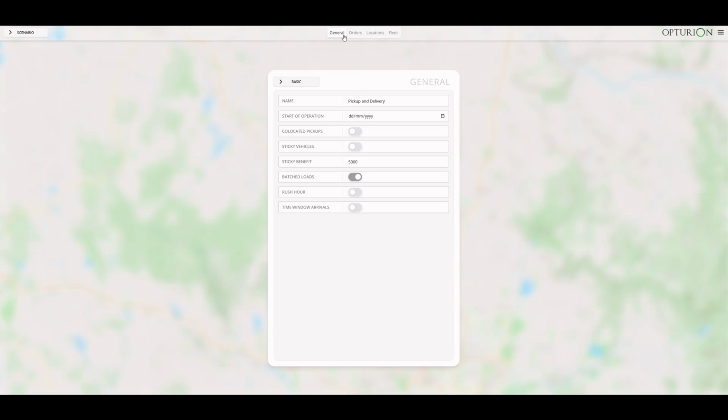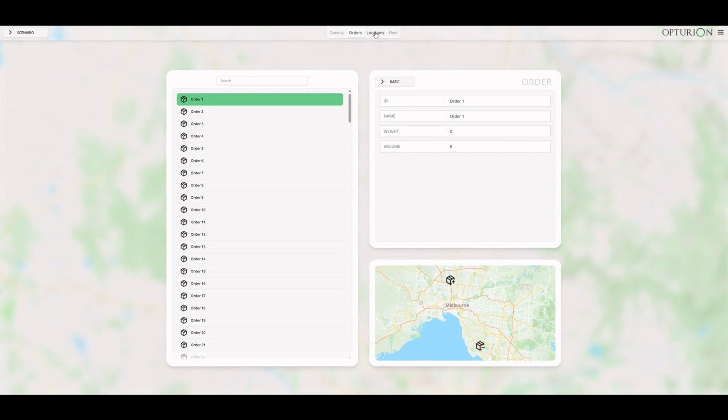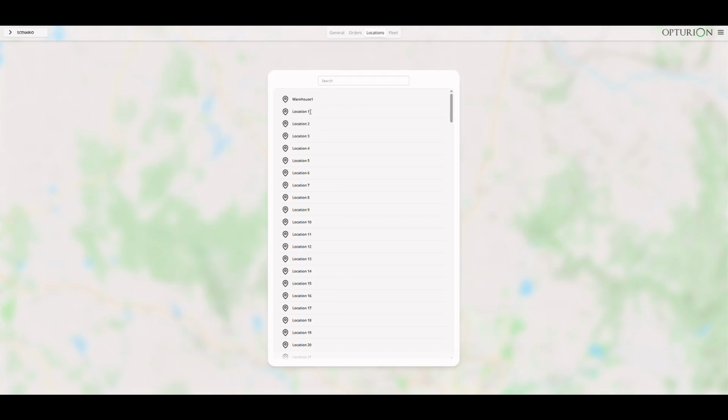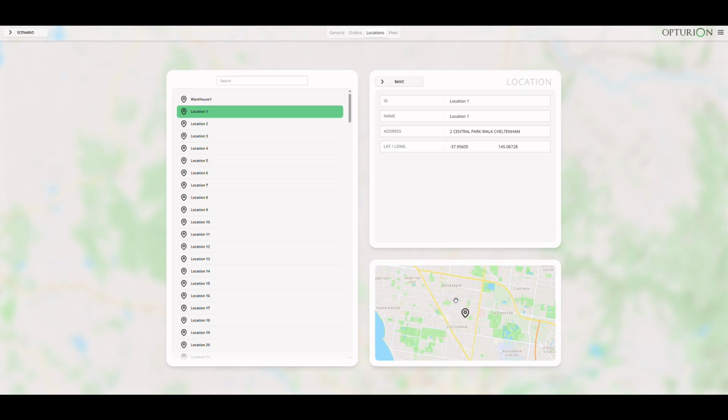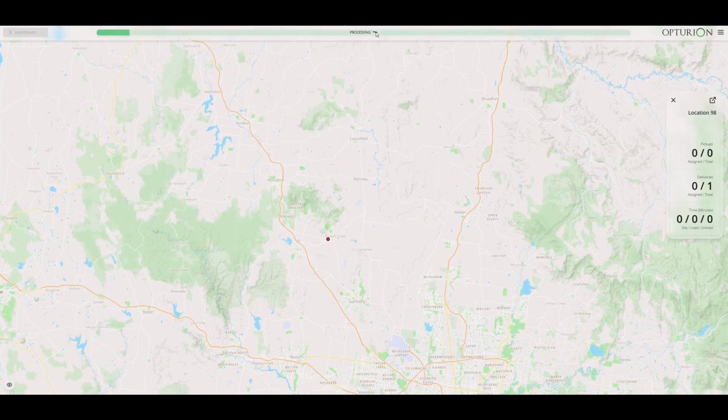So for instance, we have all of our orders, we have all of our locations. So you can see location 1 represented here on the map, as well as our vehicles. So for instance here, information about the vehicle, including its start and finish location. So if we return to the dashboard and actually run the algorithm,